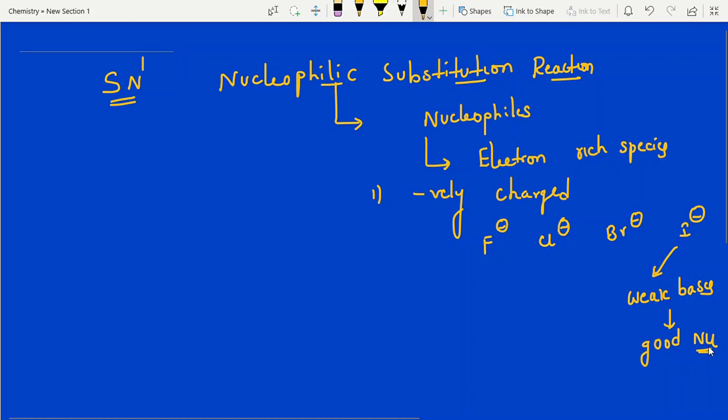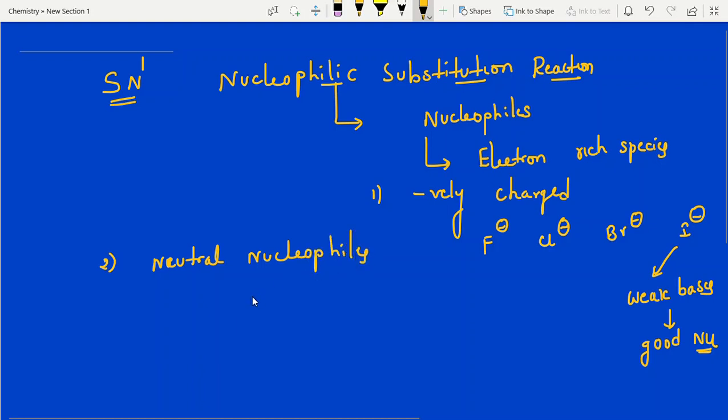It depends on the solvent. We have polar protic solvents, and polar aprotic solvents also. Clearly, I'll explain. Now, second point. Without this knowledge, if you go to the SN1, SN2 reactions, you'll get a lot of confusion. That's why I'm giving this first. Next, the second point is that neutral nucleophiles also we have.